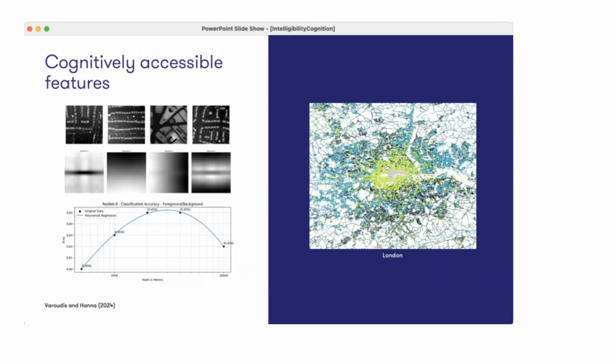And it looks, again, as though those peak at a particular scale as well. It's exactly that same scale of about 4 kilometers. So again, the location and the network is becoming intelligible at this specific scale of about 3 or 4 kilometers, not just in the overall street pattern, but also in terms of these immediately accessible features